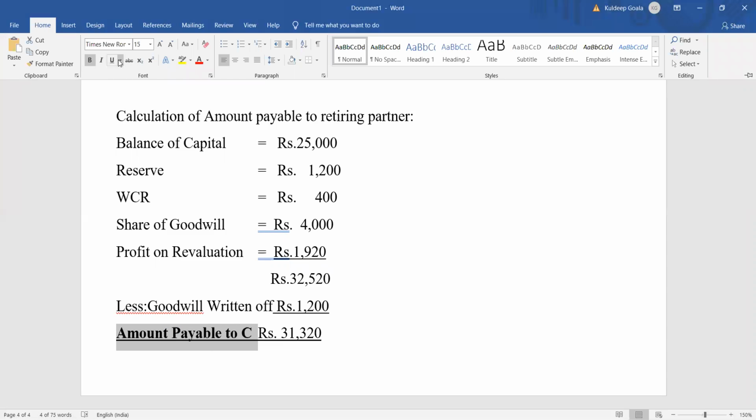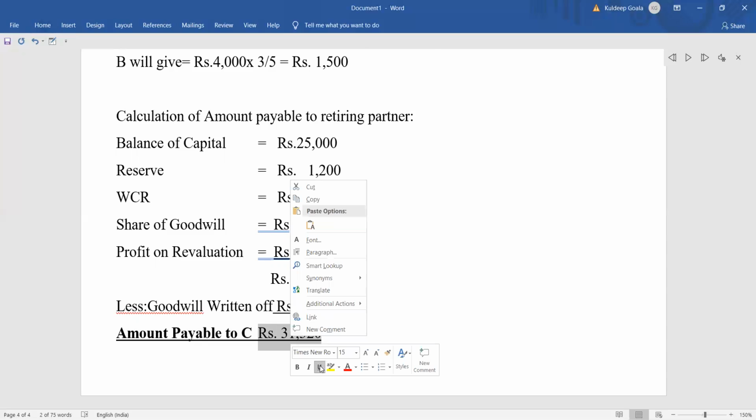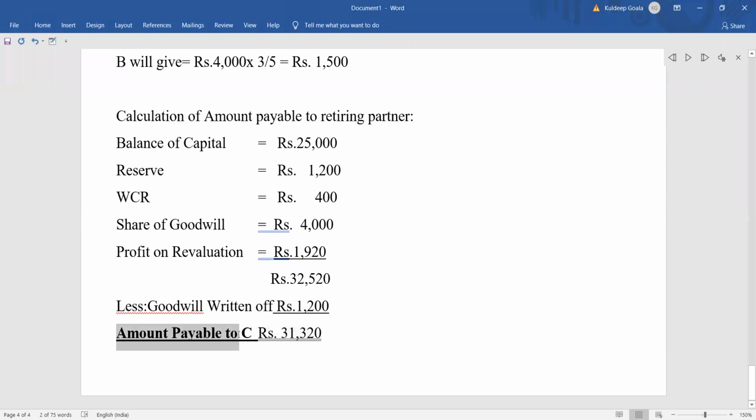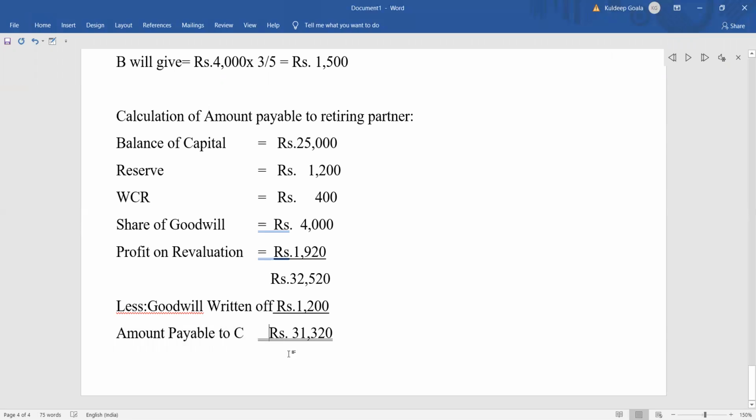Okay, is it clear, everyone? This particular underlining and all, you are going to ignore, because this is just coming up as an edit here. Already it was made up, so I'm just editing that. Just try to ignore that part. I'm doing a little bit of edit here, so it is taking more time. You are not going to do that in your copy. Directly, only if you put a double line, that will be enough. Right, so here comes the double line, 31,320.